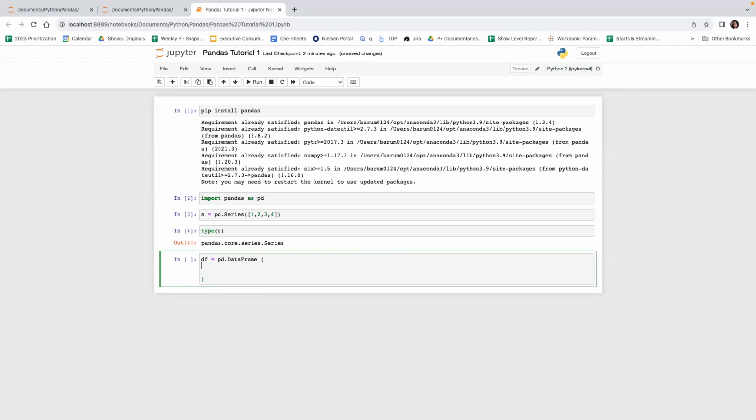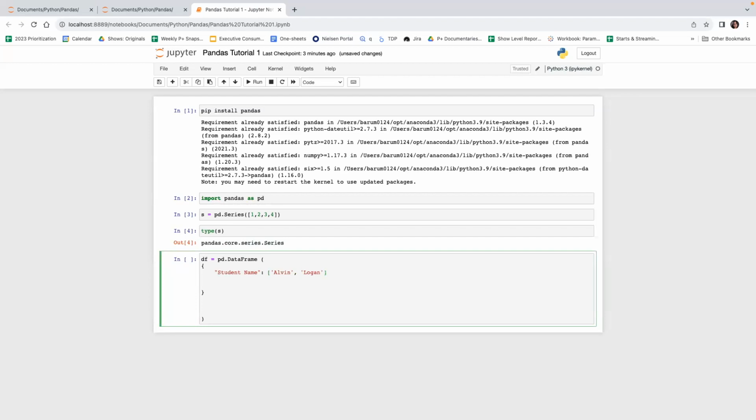Let's see how we can create a data frame. For that, we just have to call the data frame function, and inside the function, we have to pass a dictionary. Let's say we are storing a student mark sheet. So we will have student name, and you pass an array of values. Let's say Alvin. Let's just store 4 values, and rows. Okay, we have 4 students,